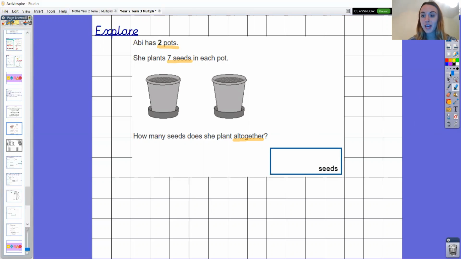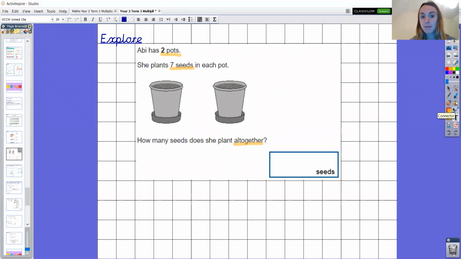Well done, Year 2. Okay, so let's review this together. So first of all, it's asking us, Abby has 2 pots and she plants 7 seeds in each pot. So as a multiplication, what would that be? Brilliant. There are 2 pots. There's 2 lots. And there are 7 seeds in each pot. So we are solving 2 lots of 7. And let's say that together using the word times. 2 times 7. Brilliant. Okay, so I haven't yet found the product, so I'm going to leave it blank after